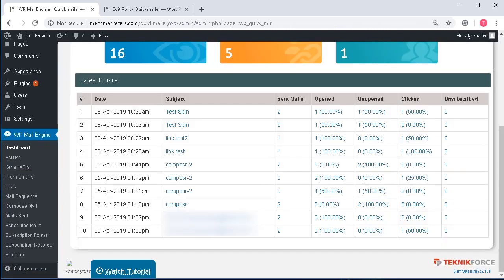Also to notice at the bottom of this dashboard is a collated detail of all the emails that have been sent so far, how many of those emails that were sent have been seen and opened by your visitors, and within those emails which were opened, if you had some links which your subscribers could click, if somebody had visited those sites, then that would also be detected and the count for the clicked will go up in that case. If among your subscribers anybody has decided to unsubscribe from your list, then that will also be tracked and recorded.